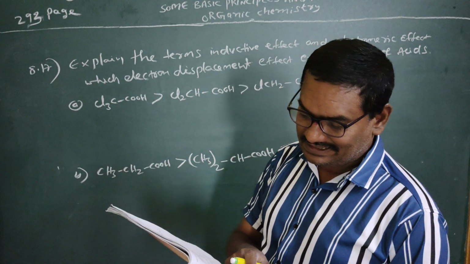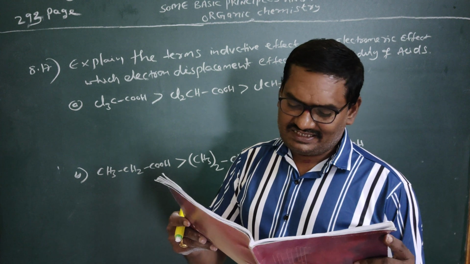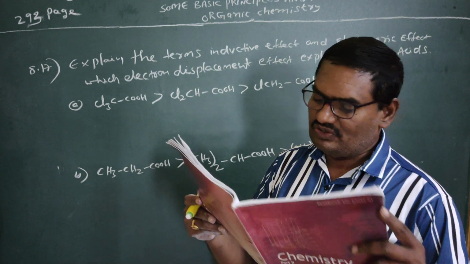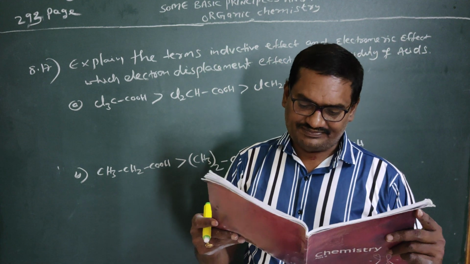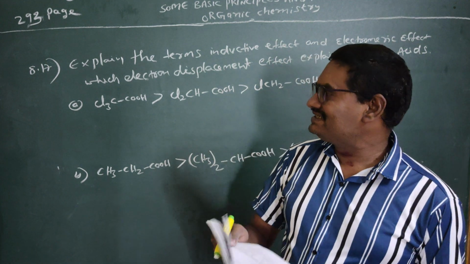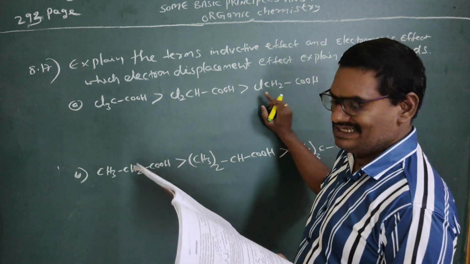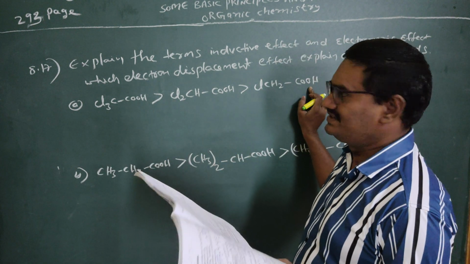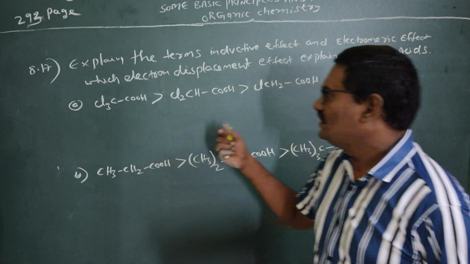Question 8.17: explain the terms inductive and electromeric effect. Which electron displacement effect explains the following correct orders of acidity of the carboxylic acids? A. Cl3CCOOH, Cl2CHCOOH, ClCH2COOH. So here, inductive effect means the